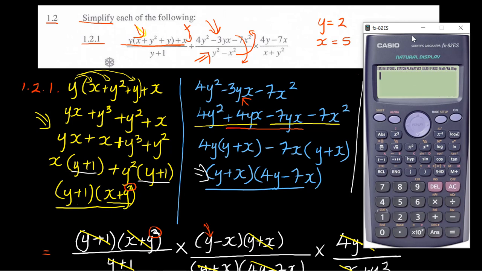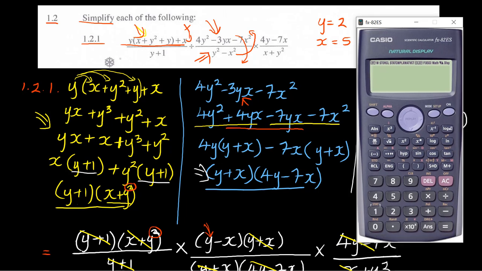When I'm taking my calculator, I'm going to enter a 2 where there is y and a 5 where there is x. So let us start with that. I've got my y, which is a 2, into 5, plus 2 squared, plus 2, close that bracket,